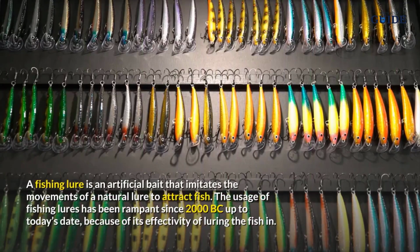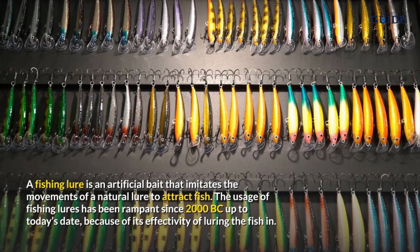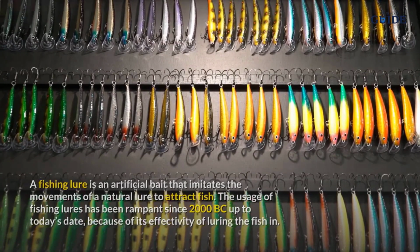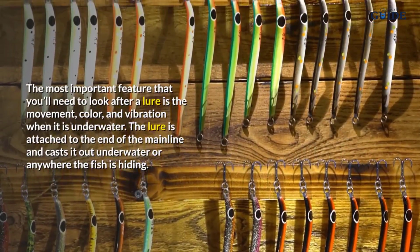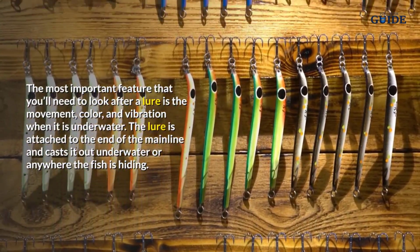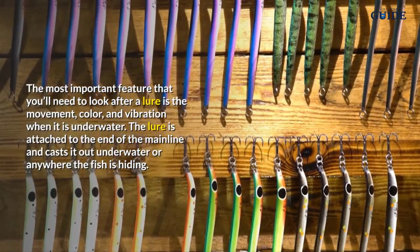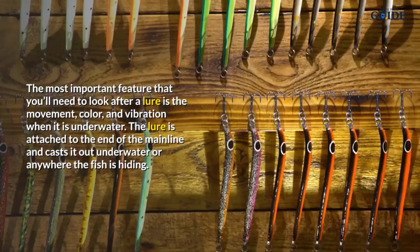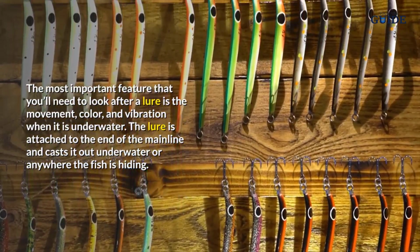A fishing lure is an artificial bait that imitates the movements of natural prey to attract fish. The usage of fishing lures has been rampant since 2000 BC up to today, because of its effectiveness in luring the fish in. The most important features that you'll need to look for in a lure are the movement, color, and vibration when it is underwater. The lure is attached to the end of the mainline and cast out underwater or anywhere the fish is